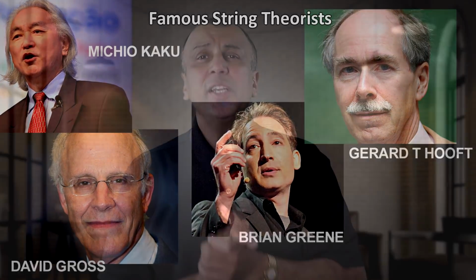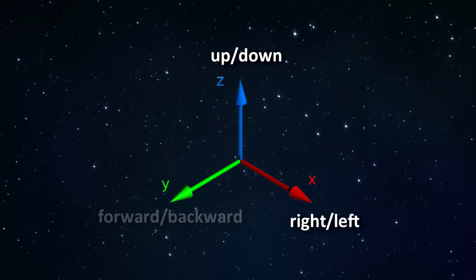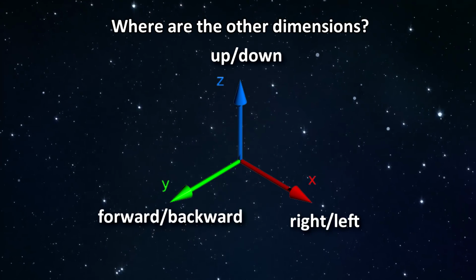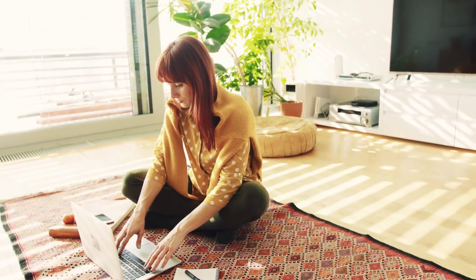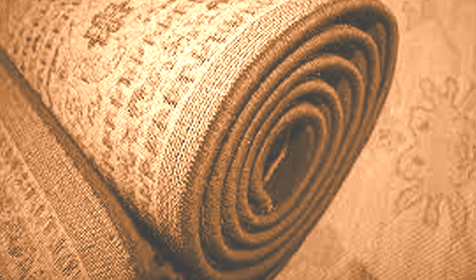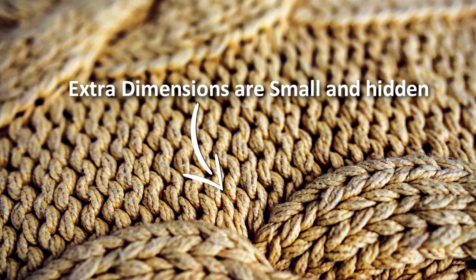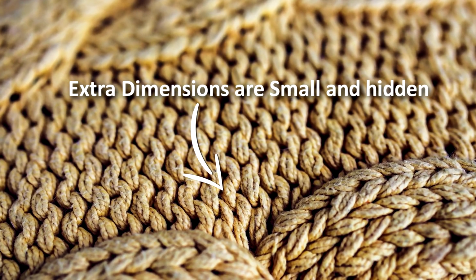But if this is really true, then where are the other dimensions? We only see 3 spatial dimensions and 1 time dimension. Where are the other 6 to 7 dimensions required by this theory? String theorists say that these dimensions may be compactified on a very small scale. So for example, a rug looks 2-dimensional from very far away, but close up you can see that it has a 3rd dimension, a thickness, and it also has small loops and textures on its surface,